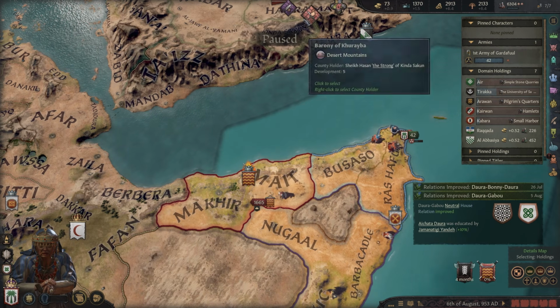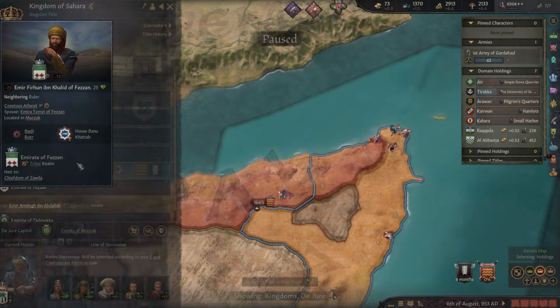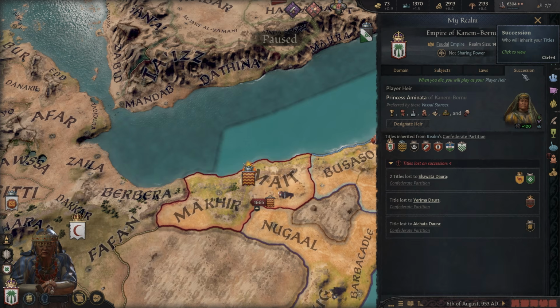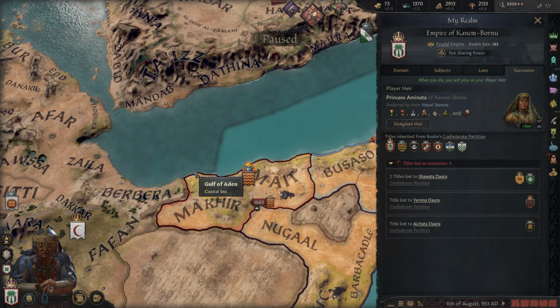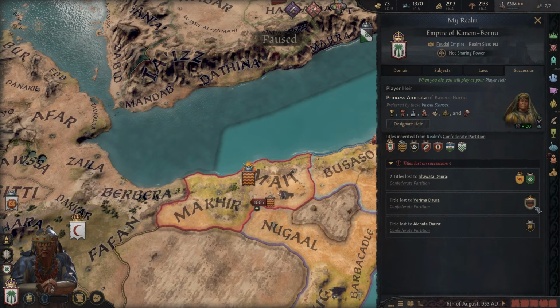My sister created a cadet branch. That's cool. This isn't still the one where I've made the... No, I haven't made elective on any titles. I just want to double check. Yeah, everything's exactly as we left it now. So, interestingly, you can see here with our Kingdom of Sahara, previously removed from line of succession, that person inherited that kingdom as well.